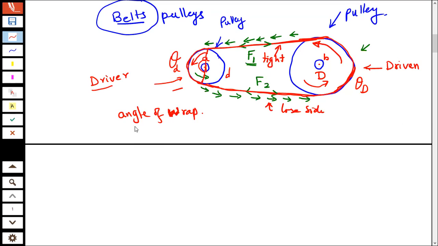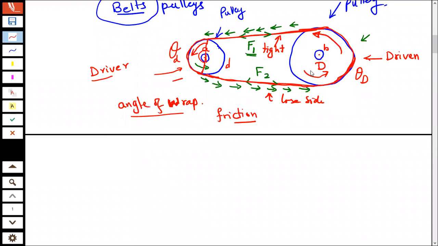And over here, the power transmission takes place due to friction. Okay? Now, let's just see. If I have this pulley, since we said that there is an angle of wrap, some angle of wrap theta, if I take a very, very small